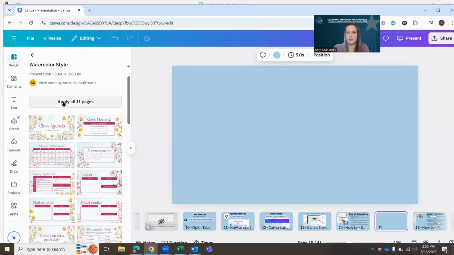Now you do have the option to apply all 11 pages so that it drops in a presentation for you, or you can just mix and match. I will warn you that when you are working with students in Canva slides and you assign a group presentation, they will likely all choose different templates. So it'll be a real mishmash of templates. It's a lot of fun because students can express their creativity, but just be aware and be ready that